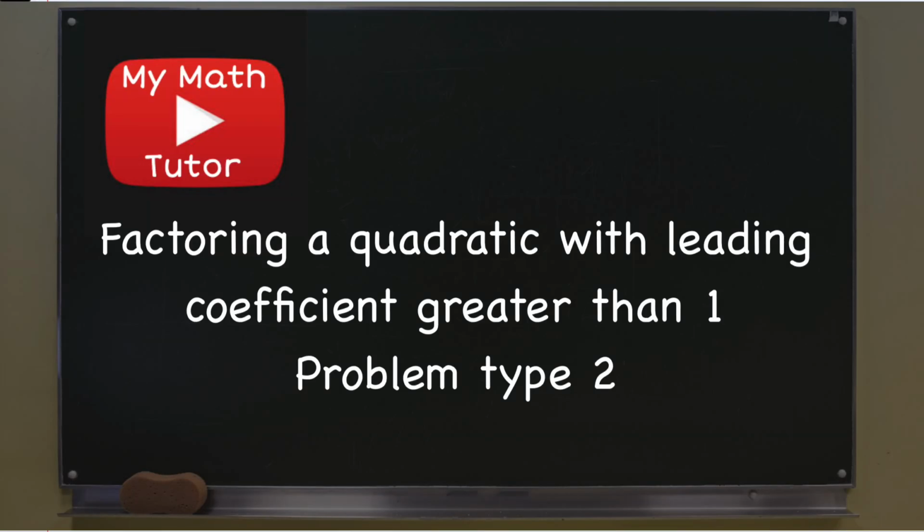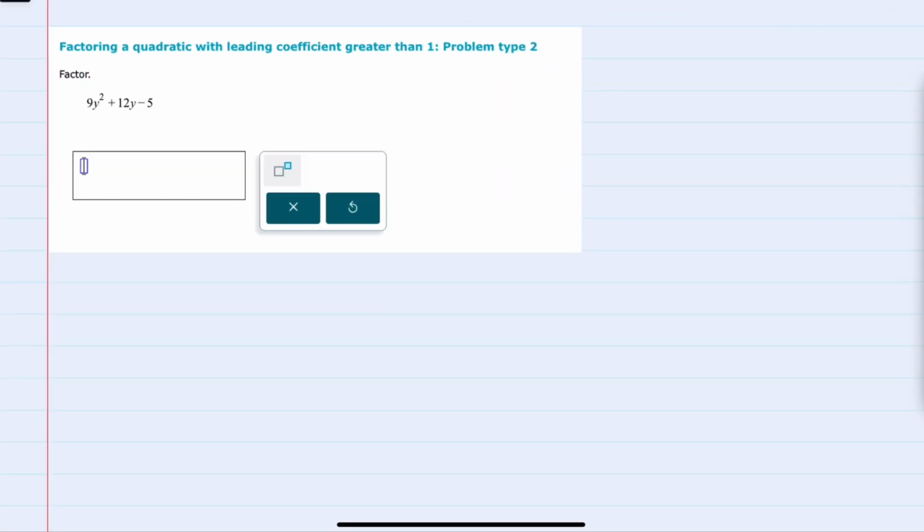In this video, I'll be helping you with the ALEKS problem type called factoring a quadratic with leading coefficient greater than 1, problem type 2. And again, in this example, we notice that while the name is factoring a quadratic, the example is a trinomial, just 3 terms. But we will use the AC method to turn this trinomial into a quadratic that we can